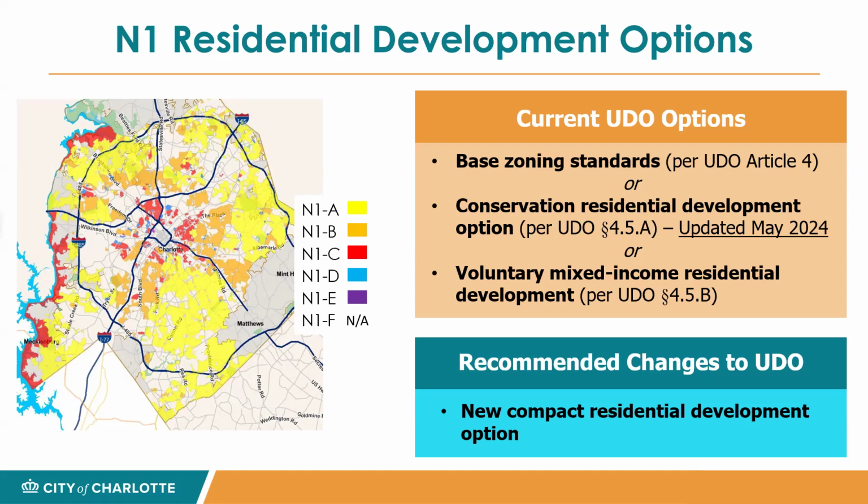So again, with the overlays selected, we really want to be conscientious about what criteria we're using for compact. You'll see some recommendations further around compact and what building types are allowed in it, and the discussion around triplexes. The watershed overlay, the critical protected, and the airport noise overlays all have regulations around them where we feel it's not necessarily appropriate to add more density and intensity. Other areas of the ETJ do meet a base threshold.